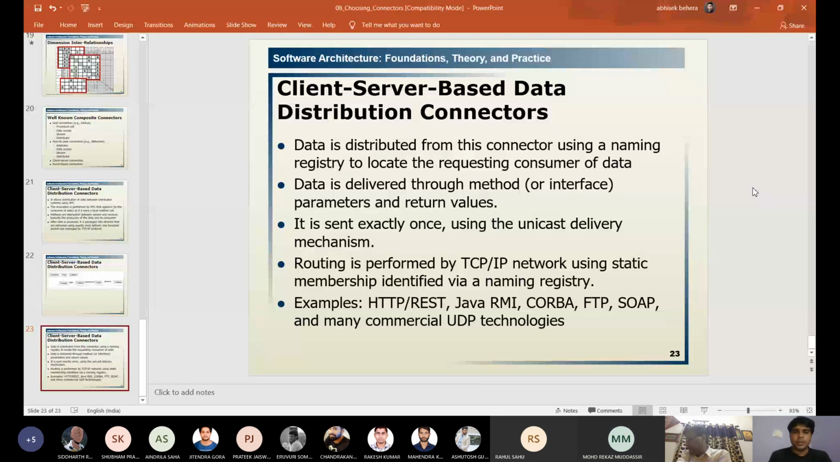This is the last slide. The client server based data distribution connectors. Here the data is distributed from this one connector using some naming registry or naming directory to locate the requesting consumer of data. Who are the consumers of that data? To locate that, we need some directory, that is the naming directory or naming registry, by using